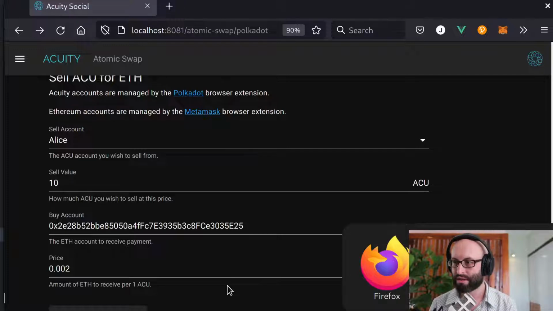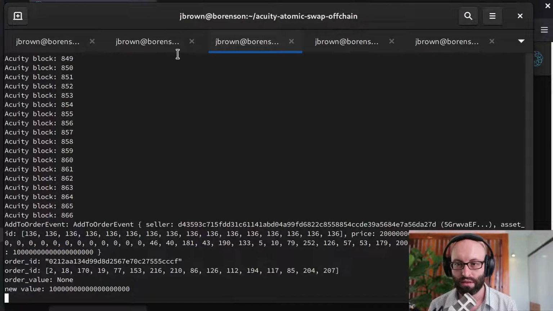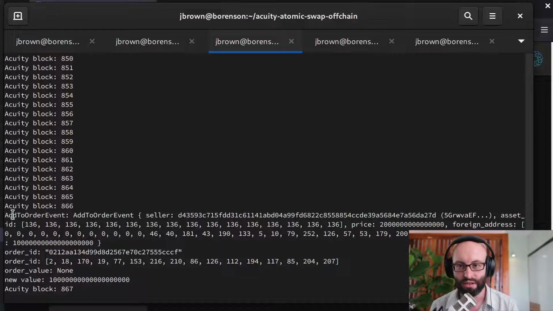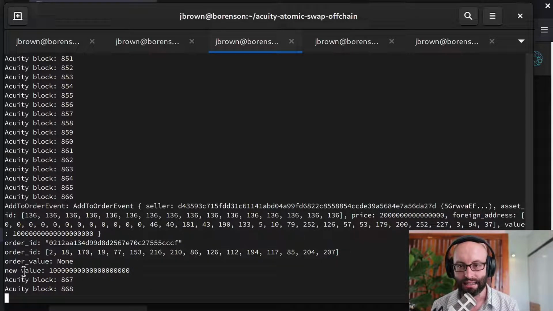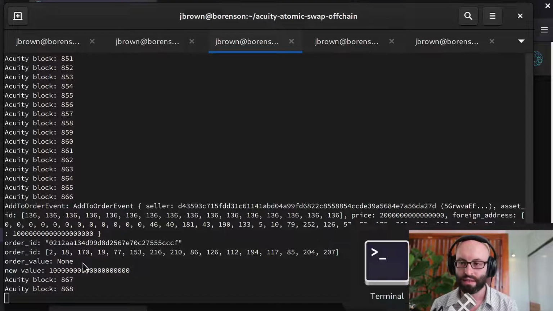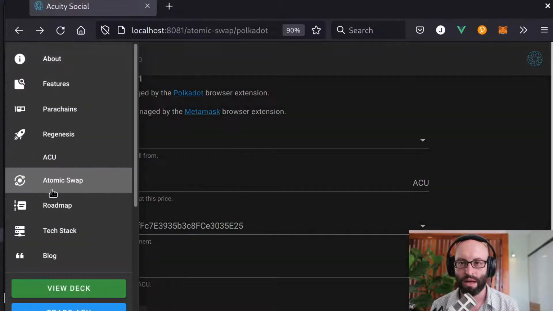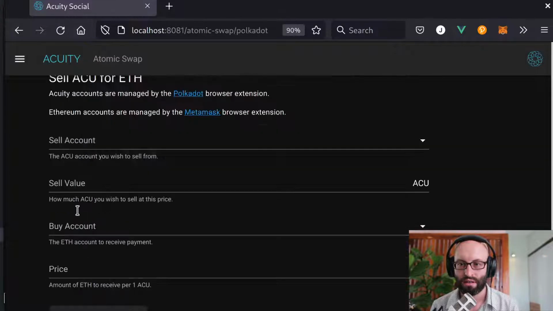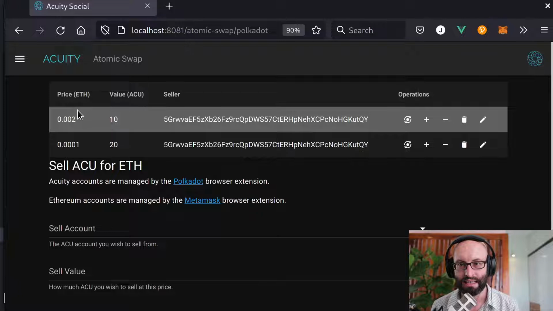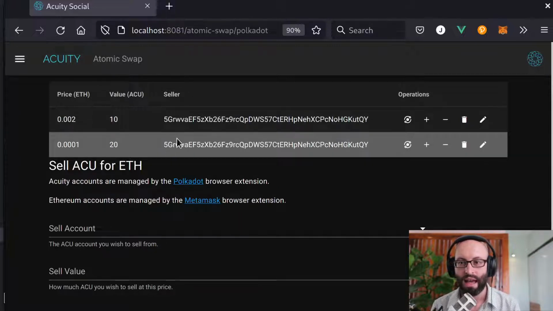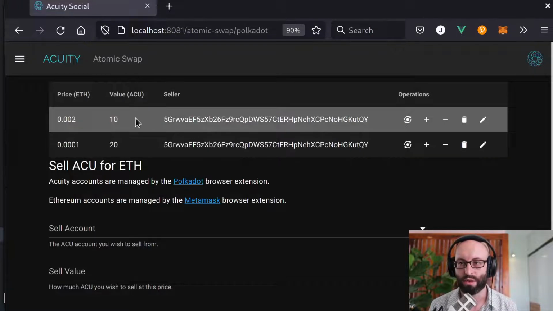And if I just switch back to the off-chain worker, we can see that it has detected that the transaction has occurred. So we have an add to order event. It's worked out the order ID, and the order has a new value. So let's just switch back to our web app. I will go back to the sell orders page, and we can see that we now have another sell order selling Acuity for ETH. And so the next step would be for a buyer who would want to buy some of